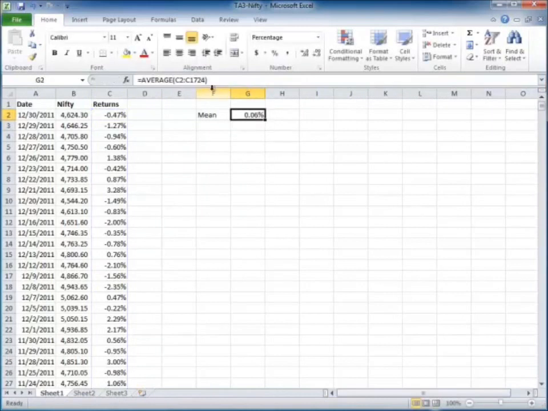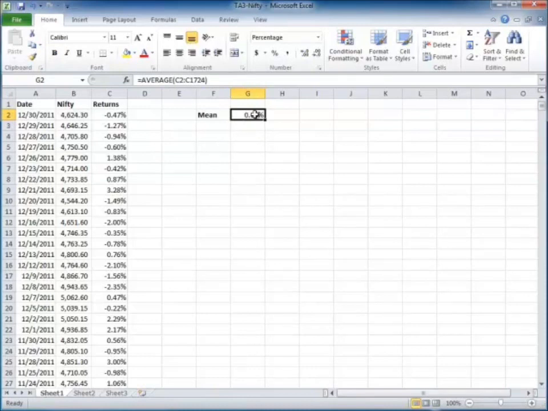Okay, and the average daily return is 0.06%, right? Which is not that large really, but because it's a daily return, over time that obviously goes up. And this is how we calculate the mean. We'll now go through in detail the other measures as well. Now, before we carry on, just quickly to say this was the mean